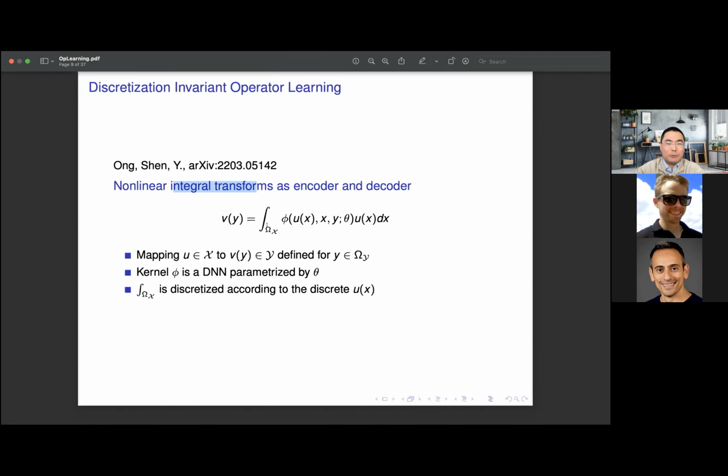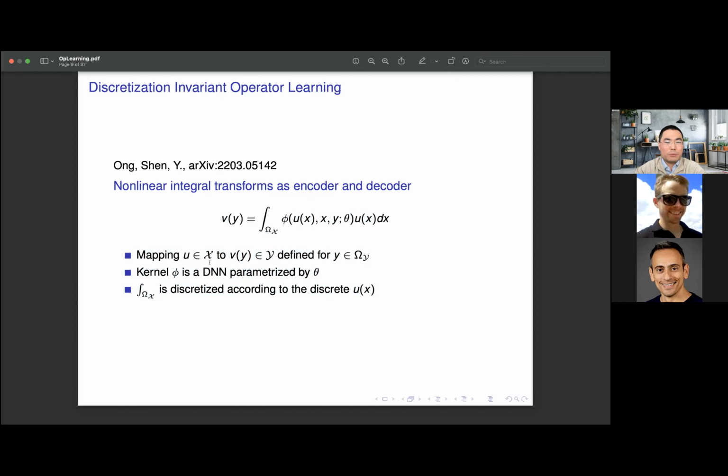Because no matter how you discretize the input function u, we want to have an integral transformation to represent some mapping from a function u to another function v with discretization invariance, in the sense that no matter how you discretize the function u and how you discretize the function v, as long as you have an integral kernel